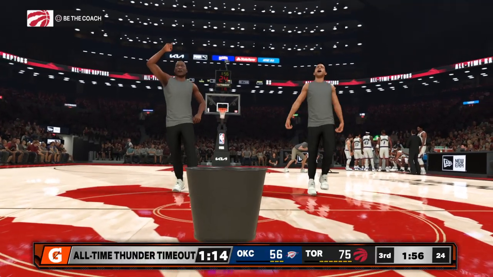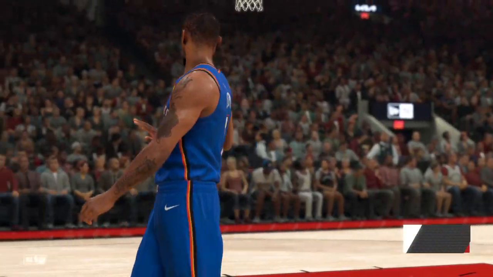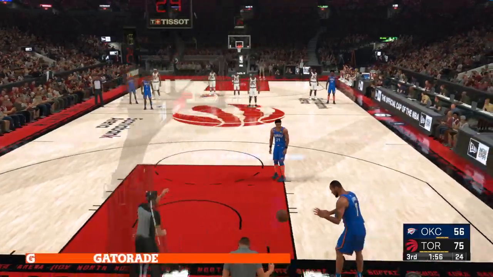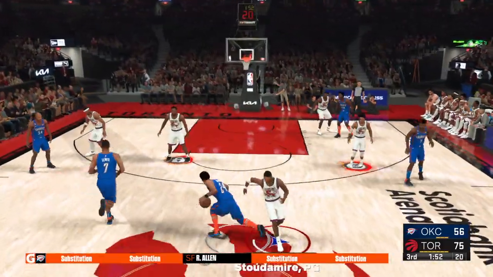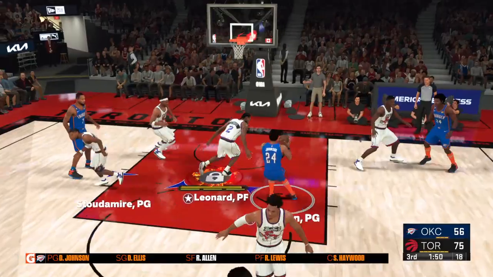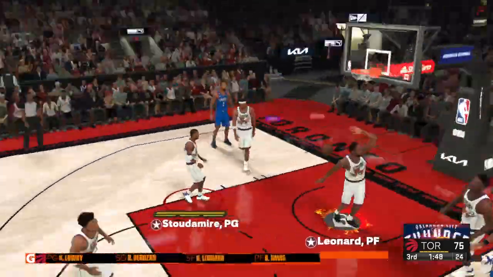Now a timeout called by Oklahoma City. And team strategies closely guarded. One aspect of the game the fans aren't always privy to. And we see it so often. One little tweak to the game plan and everything falls into place for a team.